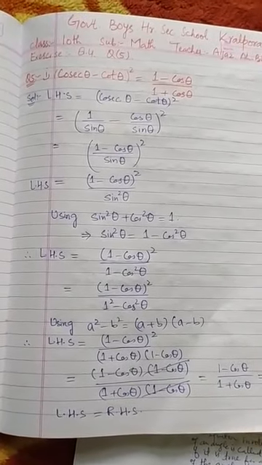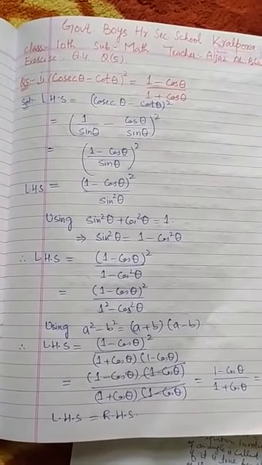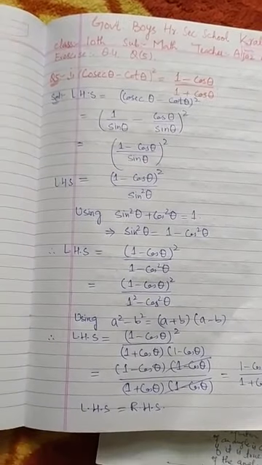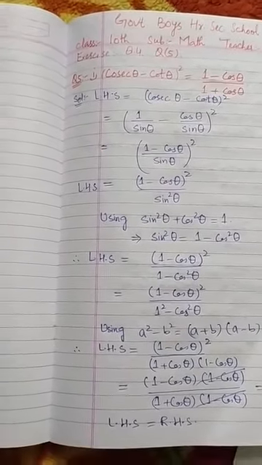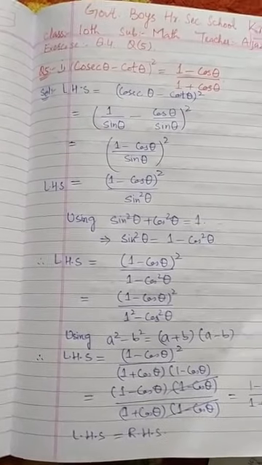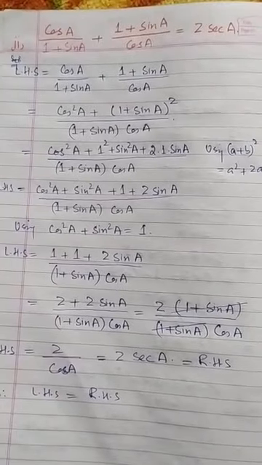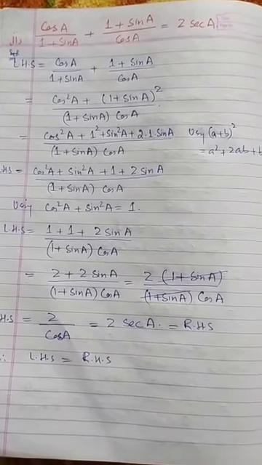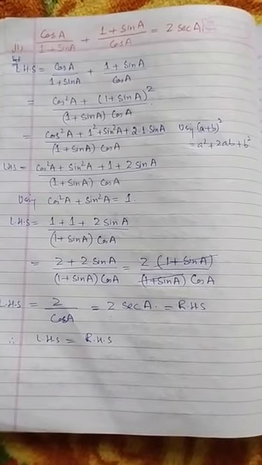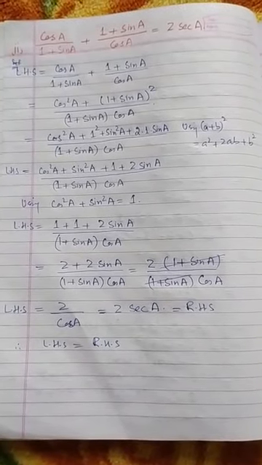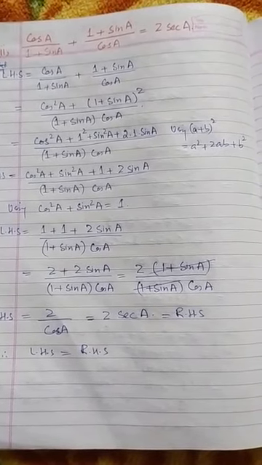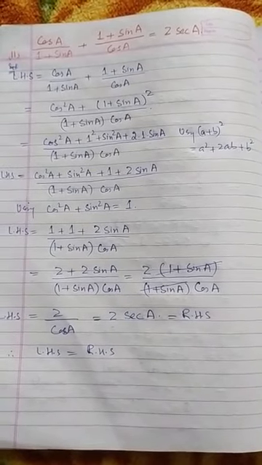The concern was how to use the already discussed identities, that is sin square theta plus cos square theta is equal to 1, and 1 plus tan square theta is equal to sec square theta, and 1 plus cot square theta is equal to cosec square theta. The simple concern is how to use these identities to obtain different types of identities. I think you must have gone easily through these things. We will be discussing some other parts in our next lecture. Thank you.